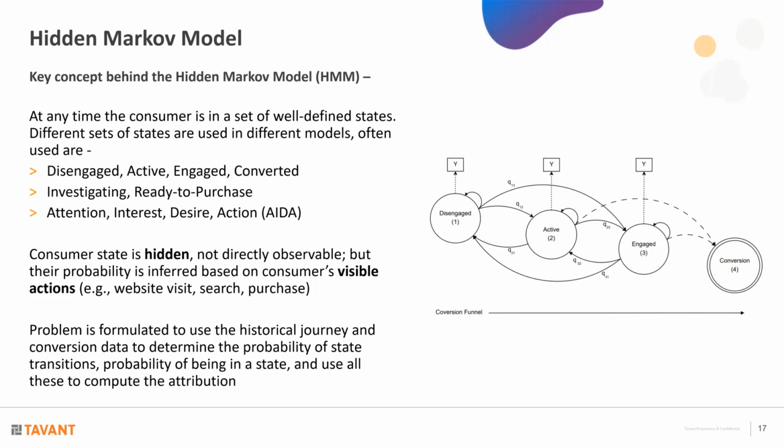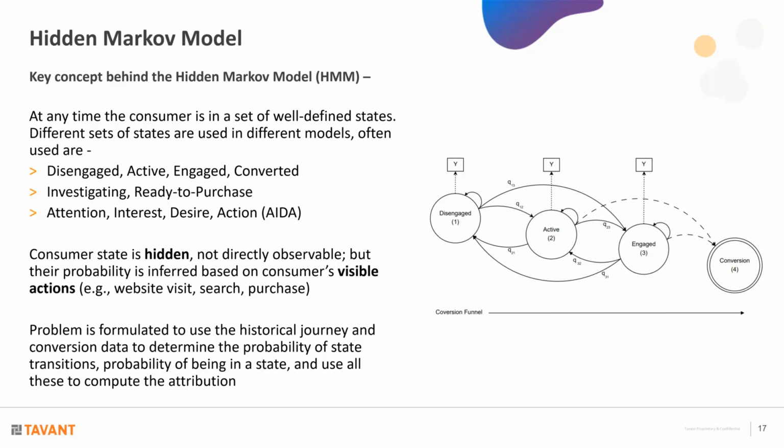The core idea behind hidden Markov models is that it is trying to determine the state of mind of the customer, of the consumer, based on the various observations of the visible things that this model can actually work on. So the actual mental state with respect to whether the customer is engaged in making that purchase, is actively looking for information about the product, or those kinds of mental states are hidden. Those cannot be directly observed. But what can be observed are the various actions that that individual is doing.